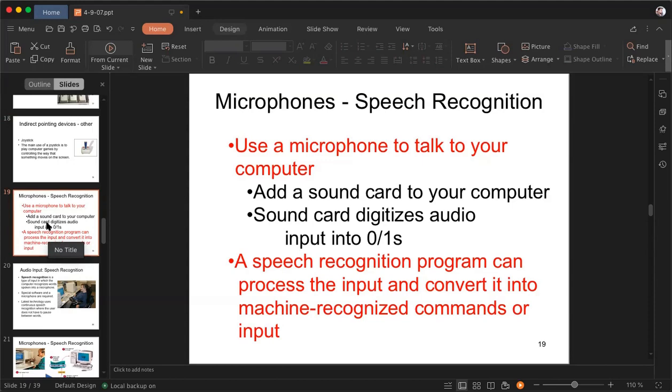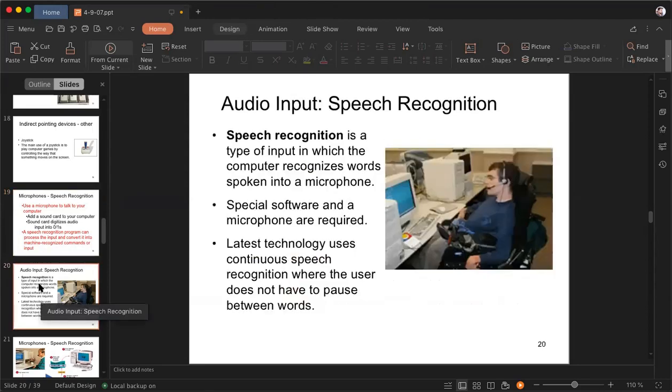Simple, I think, guys. Next one, we have audio input speech recognition.